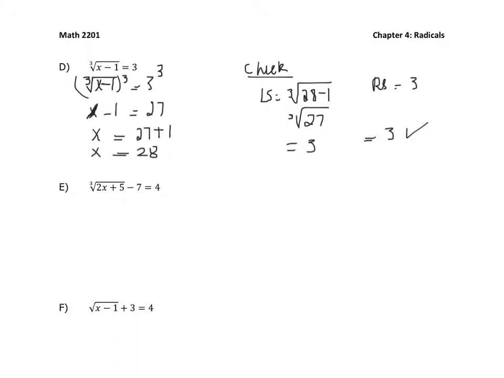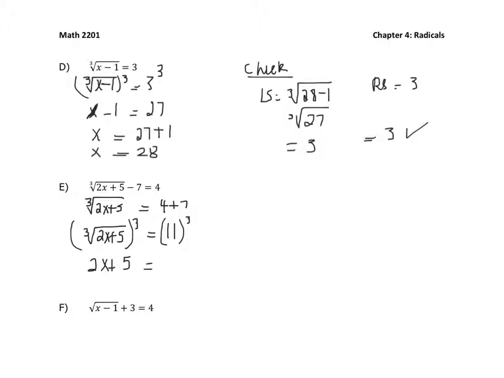Okay, so the next one is now cube root, but it has the minus 7 with it, so we want to isolate the cube root on this side of the equation by itself, so we need to add 7 to both sides of the equation, which will give you 4 plus 7 on the right side, and then you've got the cube root of 2x plus 5 on the left and 11 on the right. Then we want to cube both sides of the equation, which will give us, basically if you cube a cube root, you'll get what's under the cube root sign, and then 11 cubed, I'm not sure what that is off the top of my head, so that's